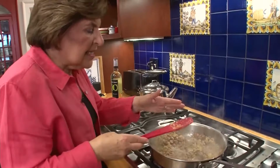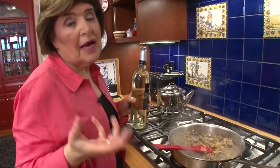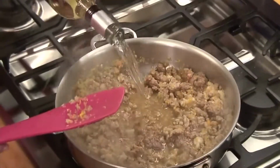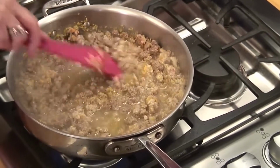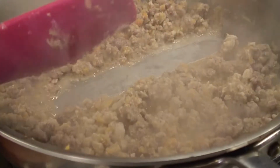When the meat is nicely browned, then you can add the wine. And for this, we're adding a white wine. So any white wine that you really like to drink is perfectly fine. So we want about 1/2 cup of white wine, and we want to allow most of that to evaporate. So I'm going to eyeball it. That's about 1/2 cup, rather, of wine, and we want to let that really cook down so that the meat